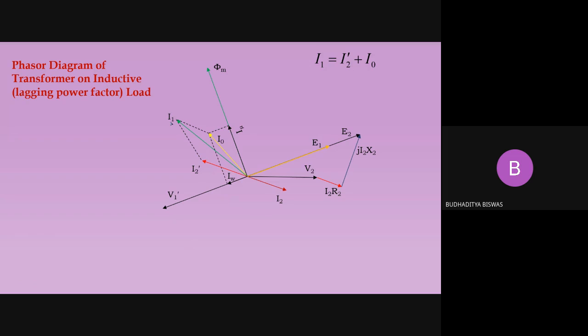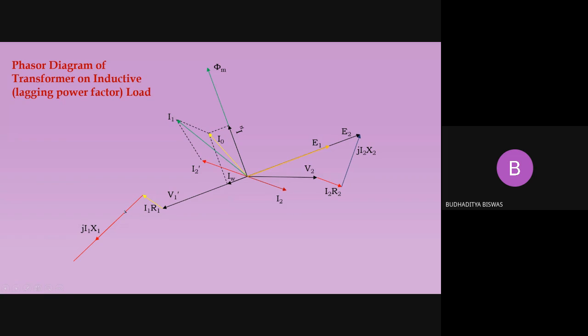Now, once you are able to draw the I1, the rest of the part is very simple. We have two voltage drops across the resistance and reactance. First is I1R1, the voltage drop across the resistance of the primary winding. This is in the same phase as I1, so this line and this line are parallel, and there should not be any phase difference. The other is I1 jX1, the inductive voltage drop across the reactance in the primary winding, which leads I1 by an angle of 90 degrees. So they should be placed here, but we just shift the axis and place it here.